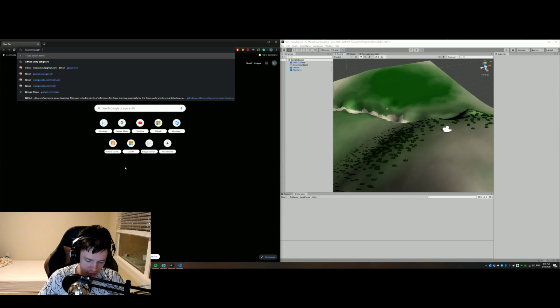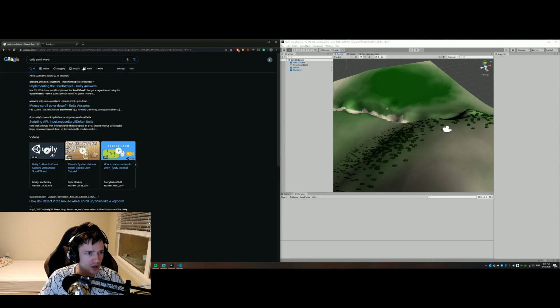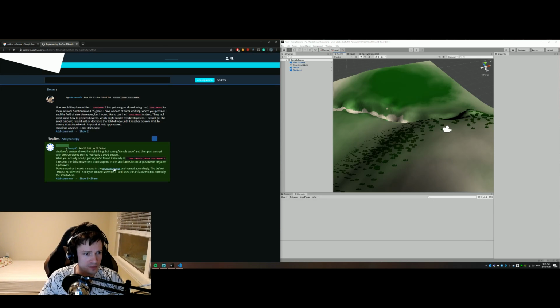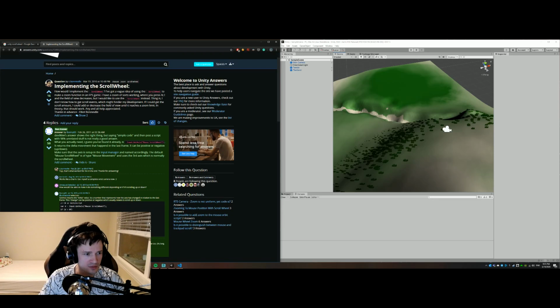We need to search for Unity's scroll wheel. Unity, yeah. Implementing the scroll wheel. It shows the right thing, but saying simple code and then post a script is 98% release stuff is not really a good answer. I guess found